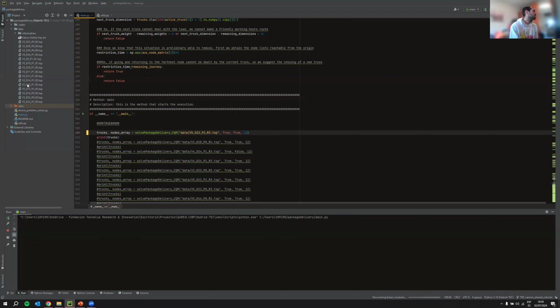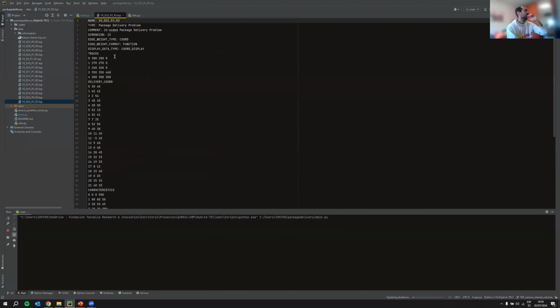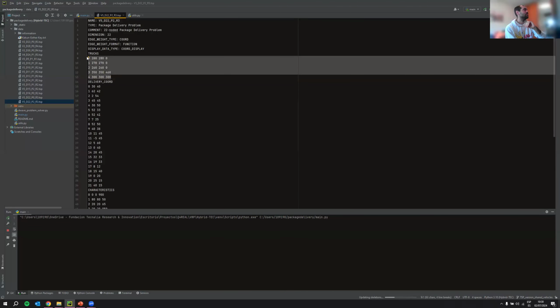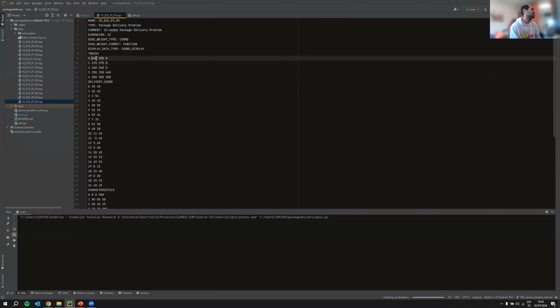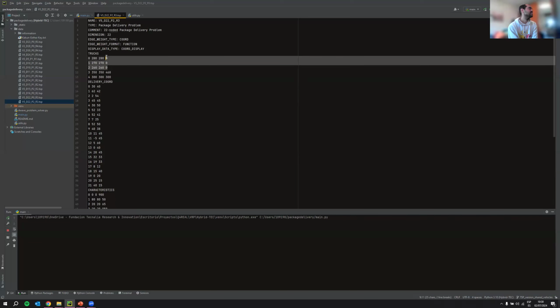We have a fleet composed of 5 different vehicles. These are the characteristics of the vehicles: the maximum allowed weight, the maximum allowed dimension, and the last one is the price of using this truck.